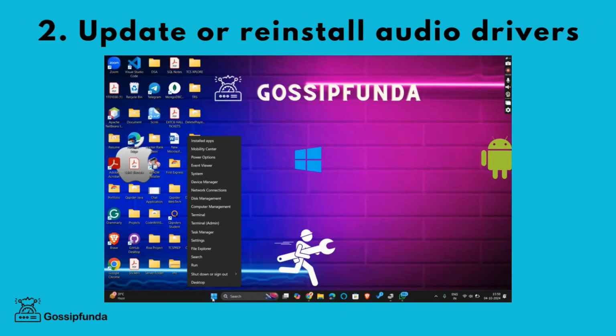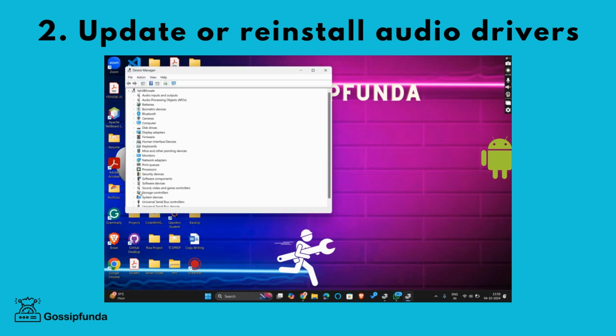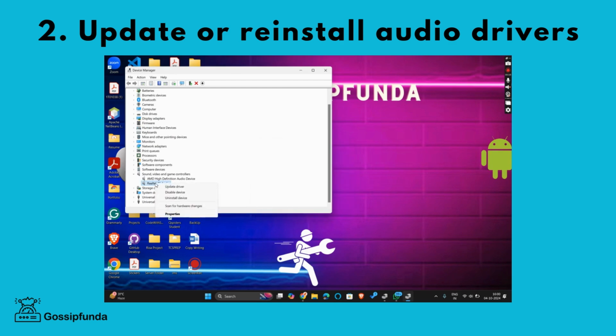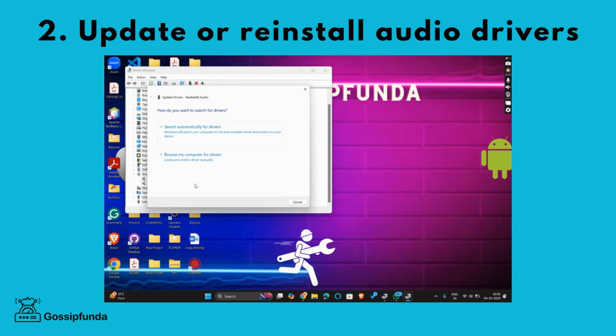Second is to update and reinstall the audio drivers, for which you need to go to the device manager. Then select sound, video and game controllers. Over here, check that the audio system has been correctly attached and installed. Over here, you can uninstall the driver or update the driver for the smooth working of your sound system on the laptop. You can update it so that the drivers work properly further on.